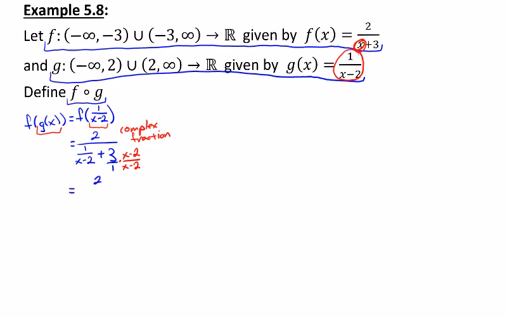I'm going to keep the 2 in the numerator. My first fraction is going to stay the same, but my second fraction is now going to be read as 3x minus 6 over x minus 2. So I distribute the 3 to the x minus 2, and then I can combine the numerators together, do a combining of like terms, and that'll get me 3x minus 5 all divided by x minus 2. So it's still a complex fraction because it's still a fraction within a fraction, but it's now in a place where I can keep the numerator,